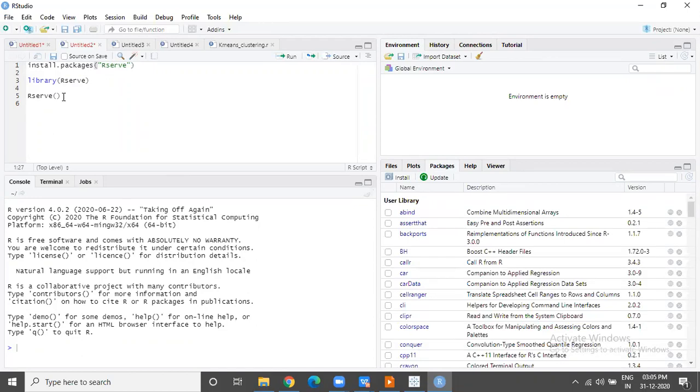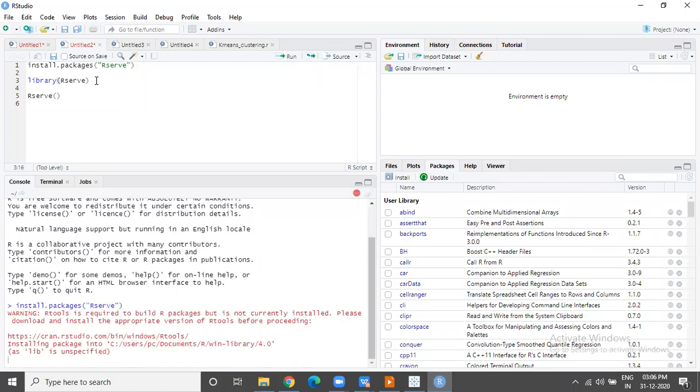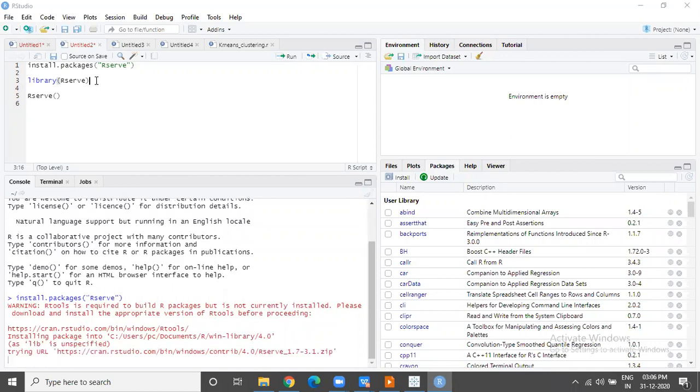So these are the three commands that we need to execute to prepare R to talk to Tableau, because Tableau is a separate tool by itself for data visualization. R is a separate tool by itself for advanced statistical computing. Now, if these two want to talk to each other, a communication link has to be established. For that, from R, we have to start this service called Rserve. First command is to install the package, of course: install.packages Rserve. After the package is installed, we will load it by using the second command, which is library Rserve.